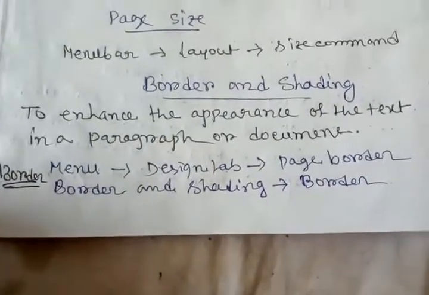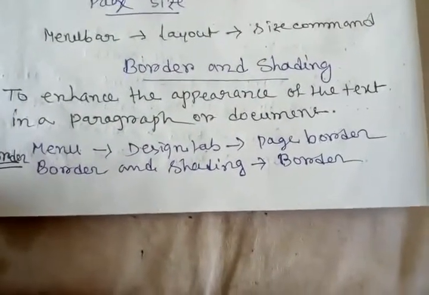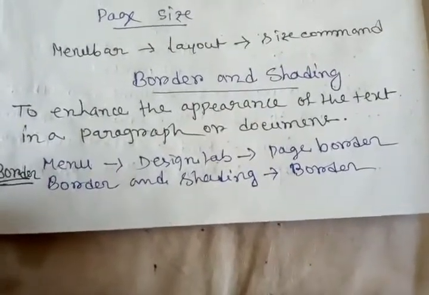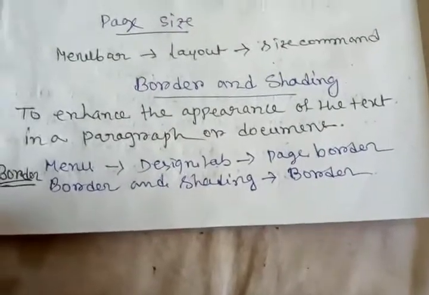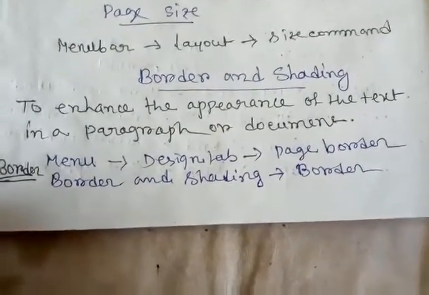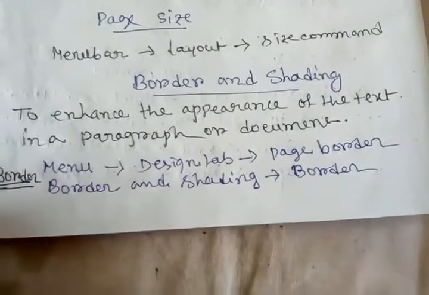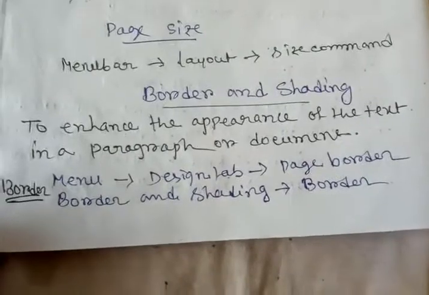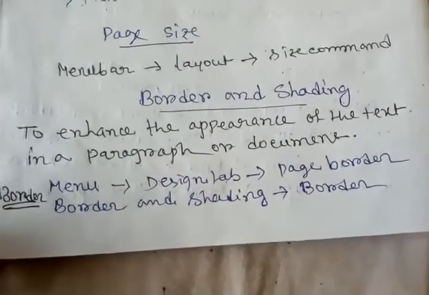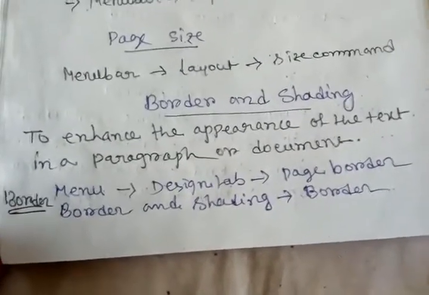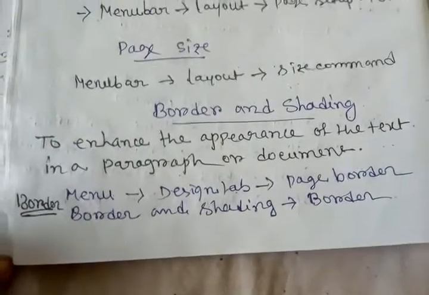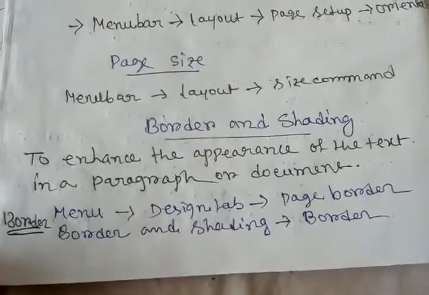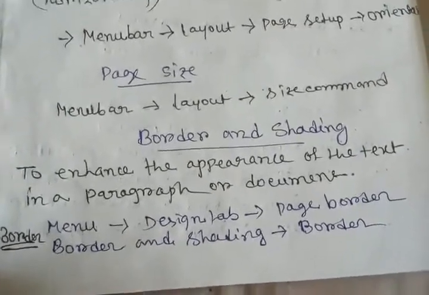If you want to apply a paragraph border, then you have to follow these steps. At first select the paragraph text that you want to format. Then click on the design tab of the menu bar. Click on the page border option in the page background group. The border and shading dialog box will appear, and from there you have to click on the border tab. Click on the selected type of style under the setting option. Then click OK. Border will be inserted in your document.